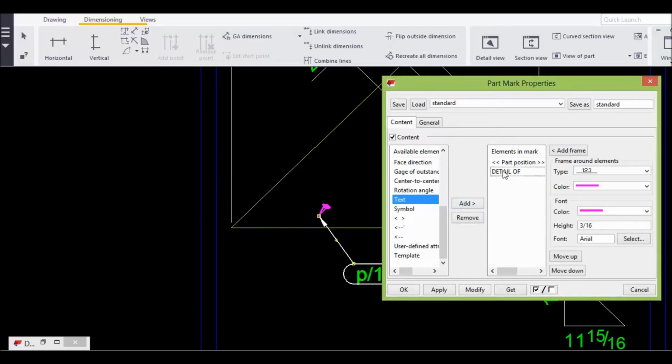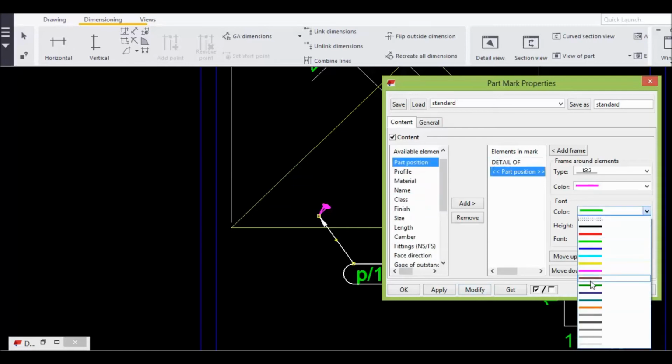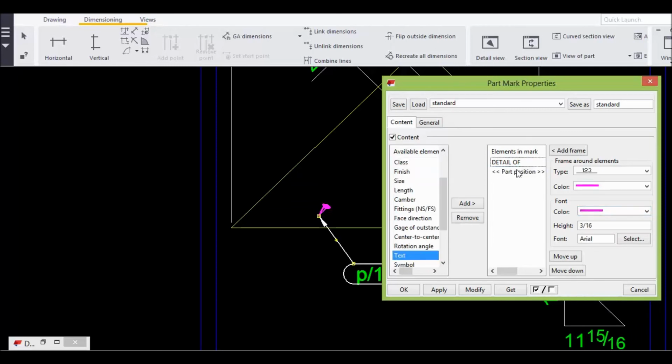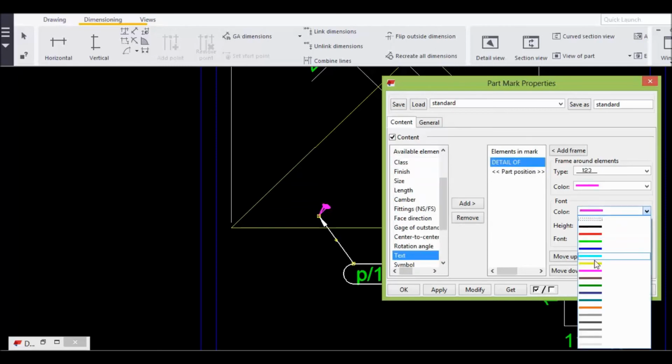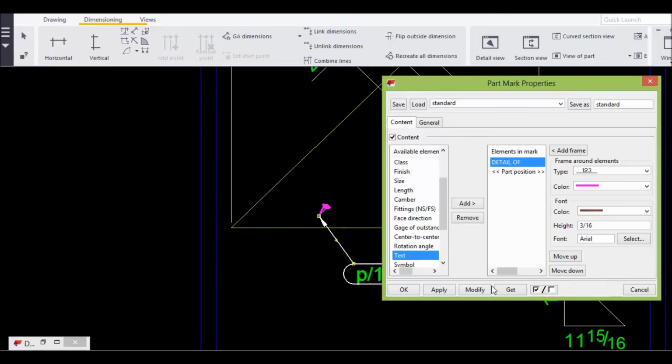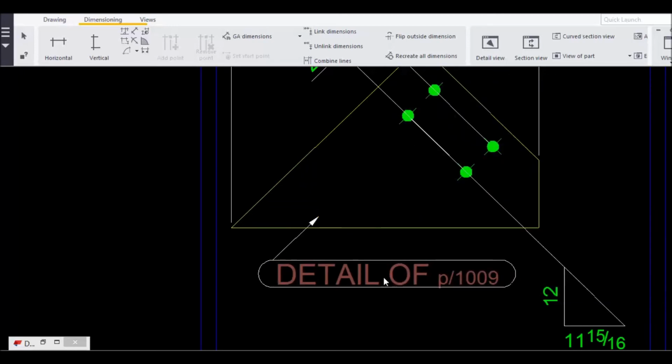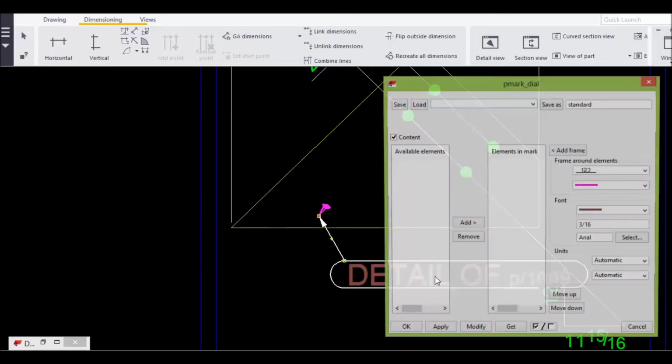And if you want to go up, you just double click on this, move up, it will move. Detail of part position. Okay, you can keep the same height, you can keep brown or whatever the shape you want, you can keep. Okay, modify, so it just changes.